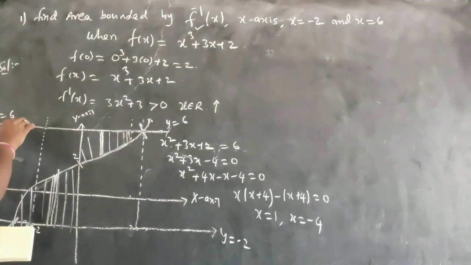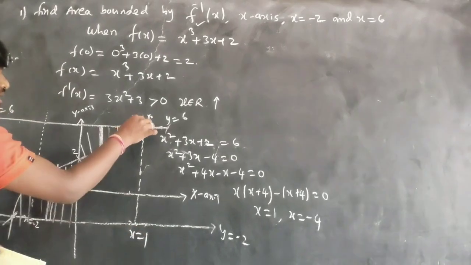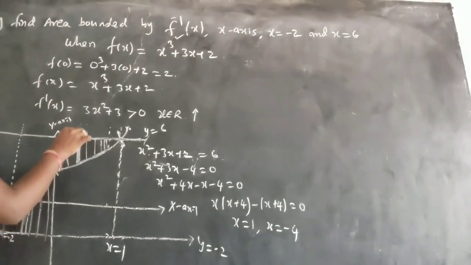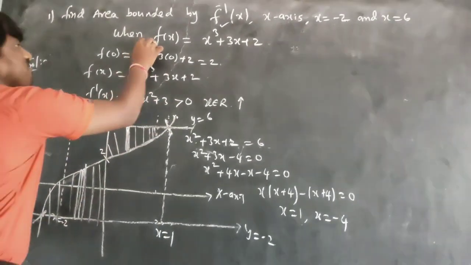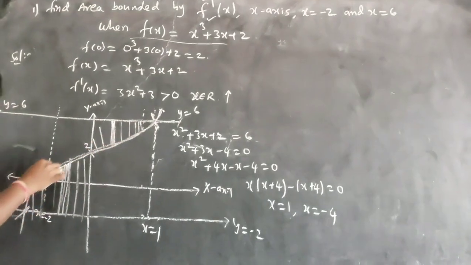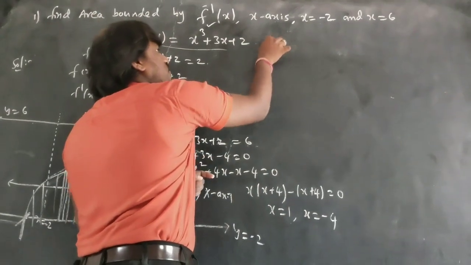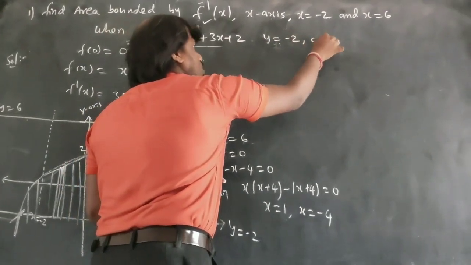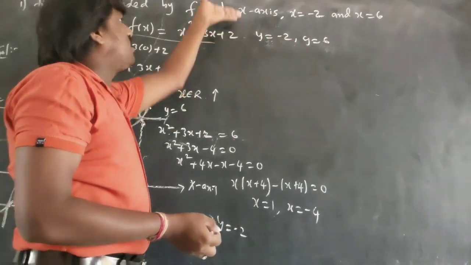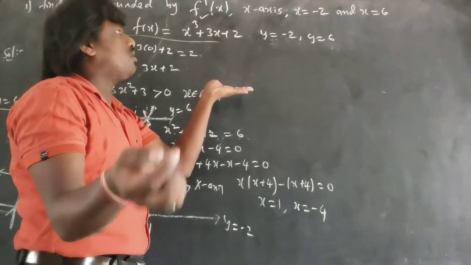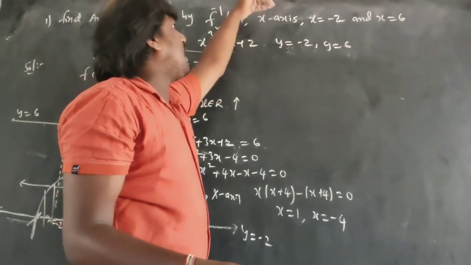So this cannot be on this side. This can be on this side. So this value is x is equal to 1. This intersecting point is x is equal to 1 because I need to find this area. See here, I make it clear. This is the graph of this function f of x. And actually if I want to find for this one, I am looking for y is equal to minus 2 and y is equal to 6. If I find the area between this with this, both will be the same. I told you before, the area bounded by this will be the same as this.